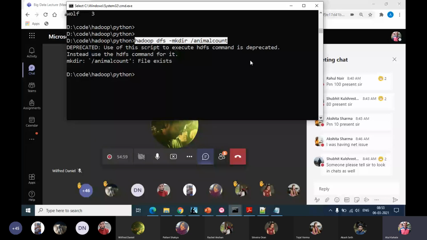So we know it exists, but it's like saying that we create a table in an RDBMS, but then we don't bother where it gets stored. As long as we are able to run a select command on it, our job is done. Something like that.